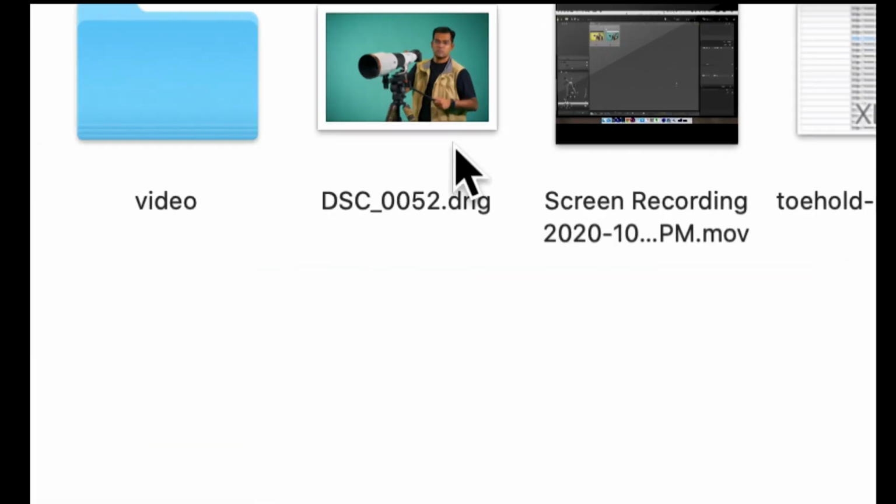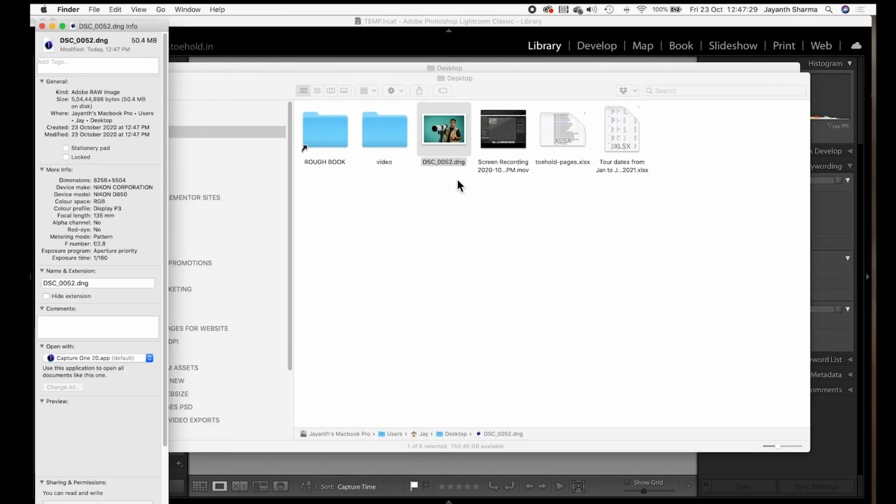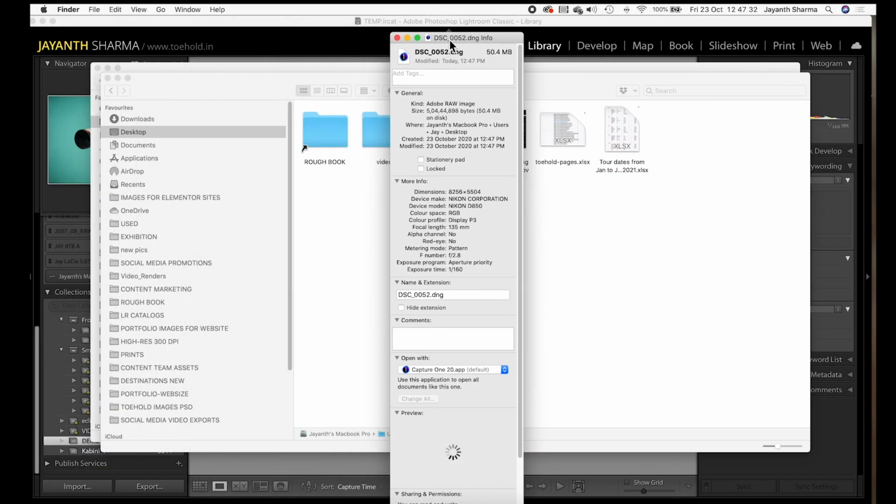It's created a new raw file here, and the raw file's size is still about 50 megabytes. If you noticed, 55 megabytes was the raw file size of the Nikon's NEF. DNG has reduced it by about 5 megabytes, let's say approximately 10% reduction in file size. But what's Akash and Sanya's requirement? They want their raw file to be of a specific limit, which is below 40 megabytes. Now, there's only one way to do that. Since the raw file cannot change the quality of the raw file, it can simply change the size of the raw file.